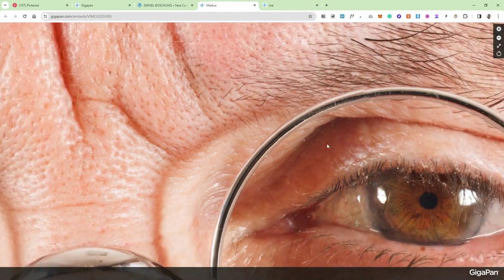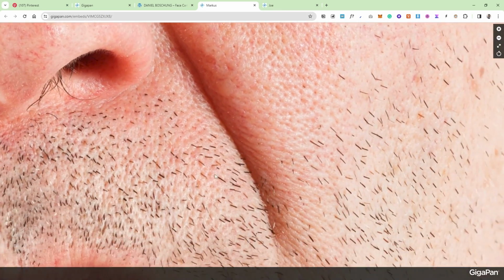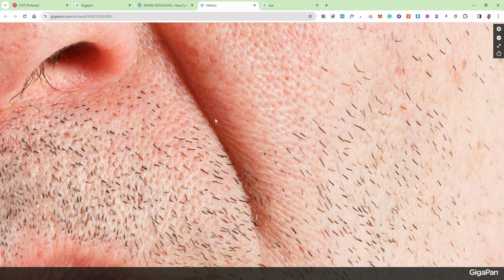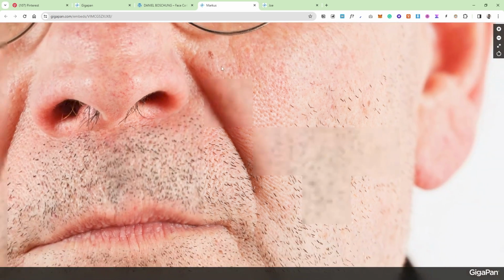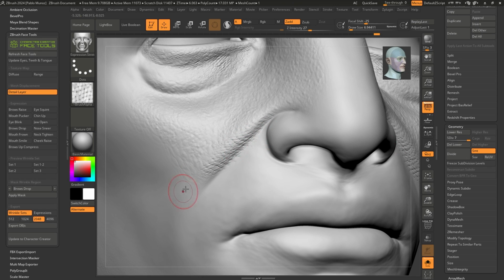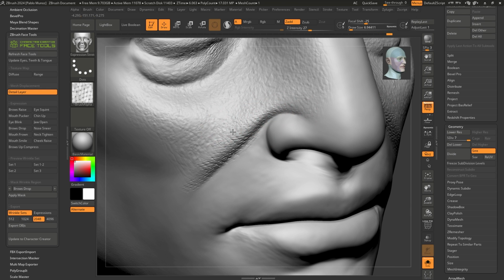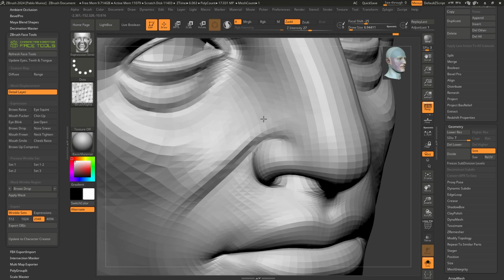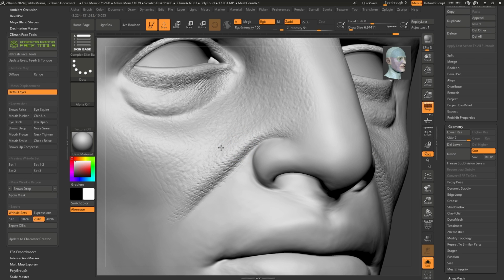Let's go ahead and zoom back a bit. So this is what I'm trying to achieve with that brush. It's not just adding the bumps, it's also getting that sort of directionality here in this skin fold, right? So that's what I'm trying to do here. And that's why it's really good to have references. And obviously it looks a lot better when you have established that generic skin base, and then smooth that out to blend them together.